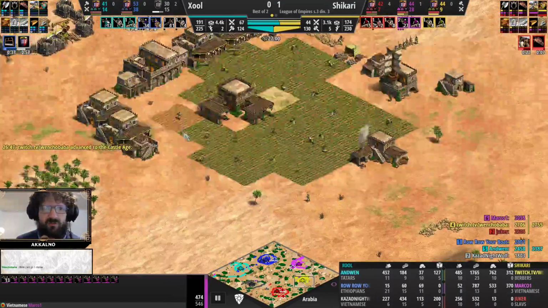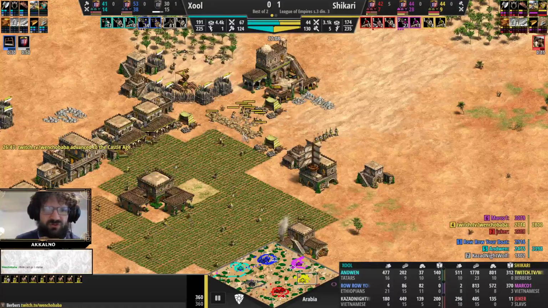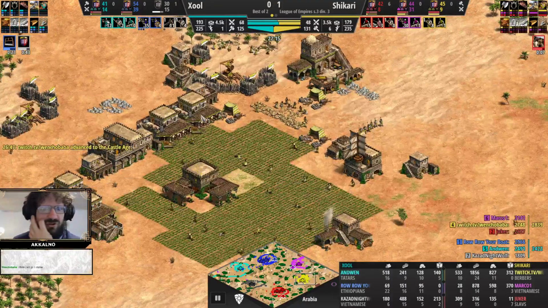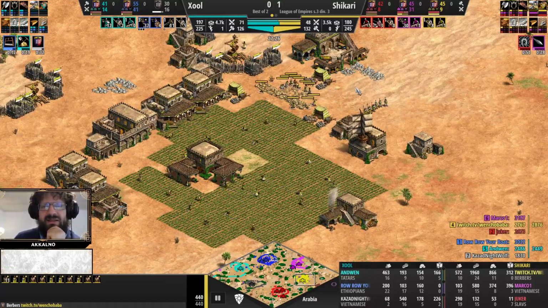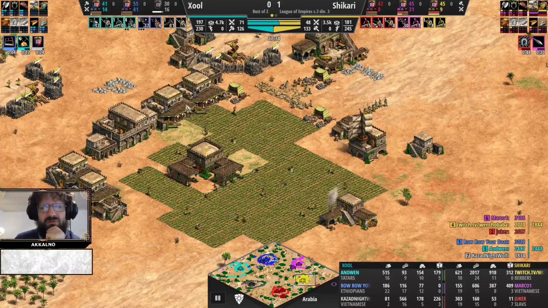I think I'll go 5 stable. Well, then you're gonna need more on gold, even with Berber's cheaper units here. 9 on gold, that's barely enough for 2 stables. Well, it's not enough for 2 stables, actually. With the Berber's 15% discount, that's cutting it close. 11 now, though. 23 on food. Yeah, I think